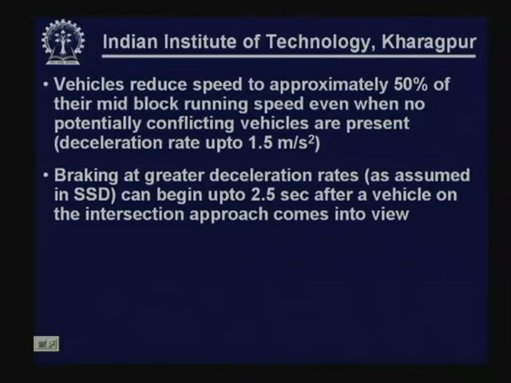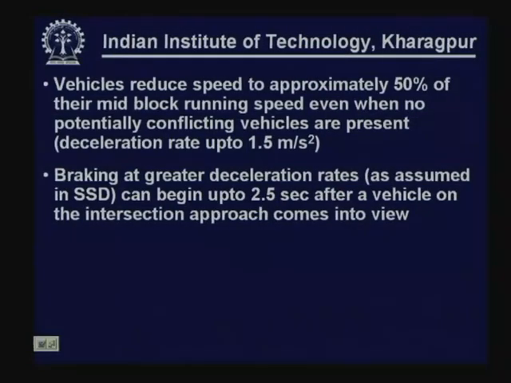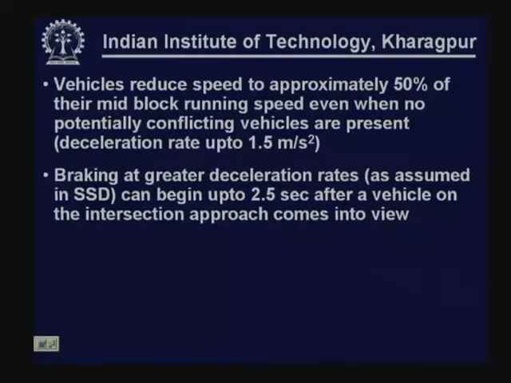present. That means, whenever any vehicle is approaching an uncontrolled intersection, or an intersection with no control, it is observed from the field that drivers normally reduce their speed to about 50% of the mid block running speed. They do this even when there is no conflicting vehicle, solely because of the nature of the control, because drivers are aware that they are approaching an uncontrolled intersection. Now, braking at a greater deceleration rate, as assumed in stopping sight distance, where it was assumed as 3.4 meter per second square, can begin up to 2.5 seconds after a vehicle on the intersection approach comes